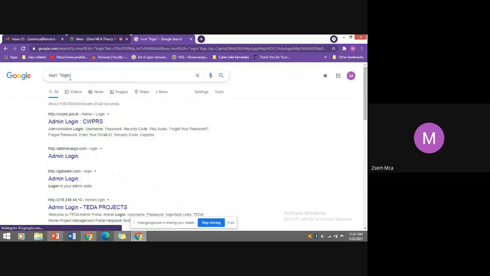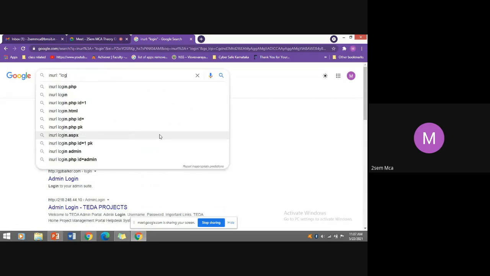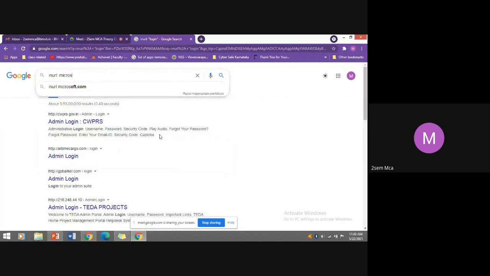In URL, there is one more sub command. Microsoft.com, file type PDF.